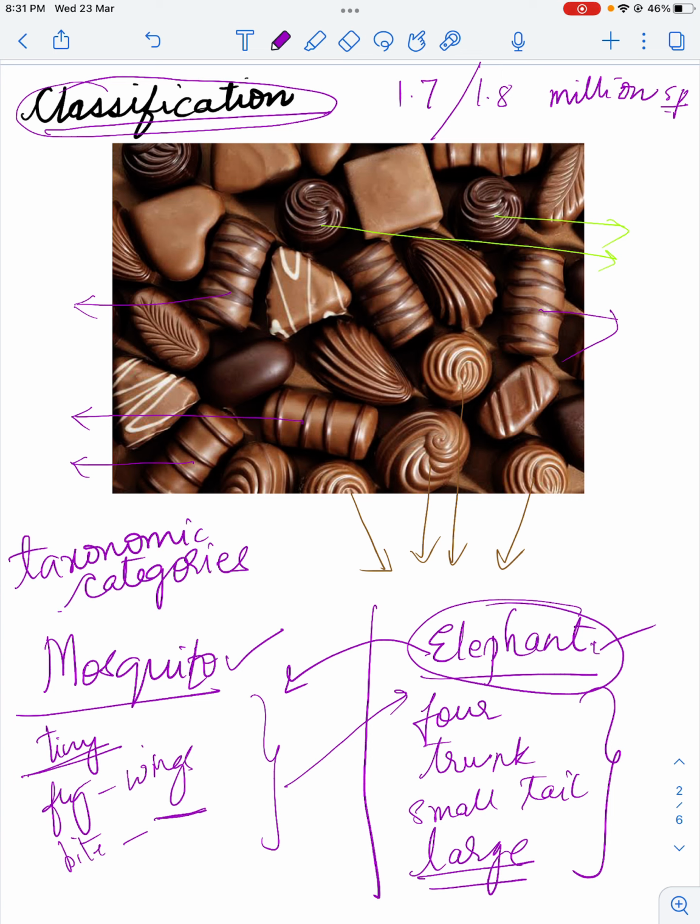You will have to remember this, because in the next one or two slides you'll be learning about various taxonomic categories. And yes, of course, let me reiterate what scientific or taxonomic categories are. The scientific term given for these plants and animals